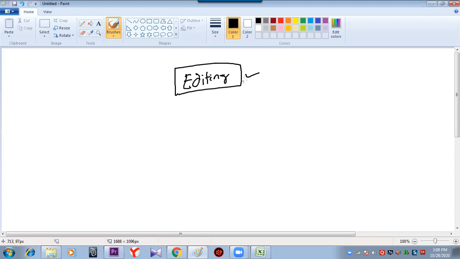Edit is a process where we are doing a lot of cut, copy, paste work to make the audience understand things properly. I mean, it is there in the form of a newspaper. In the newspaper also you'll find a newspaper editor. And in our school books also you'll find a textbook editor. So editor is not a new thing. It is there in our life since childhood. In a book it is written or in a newspaper it is written. What is the job role of an editor?